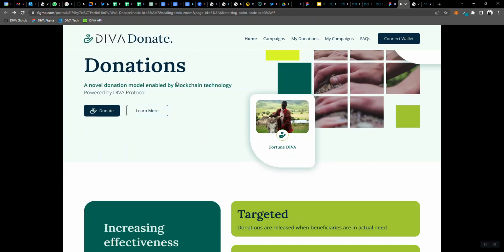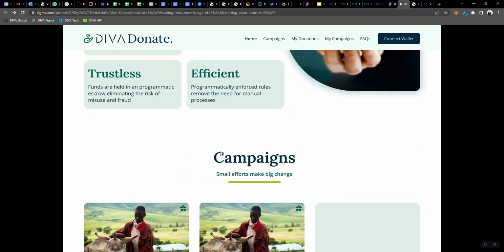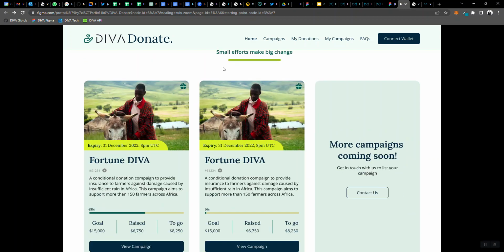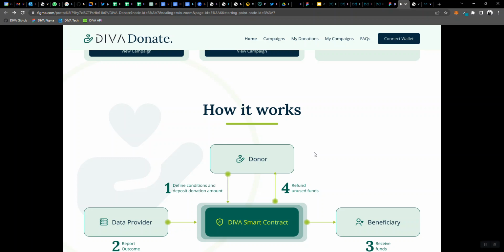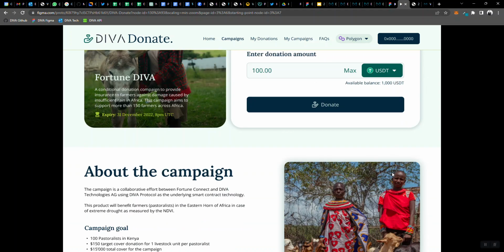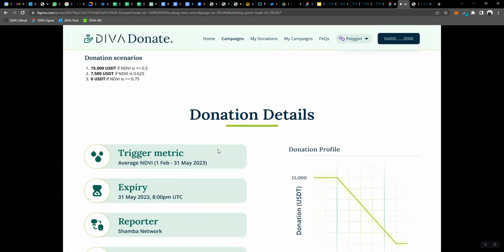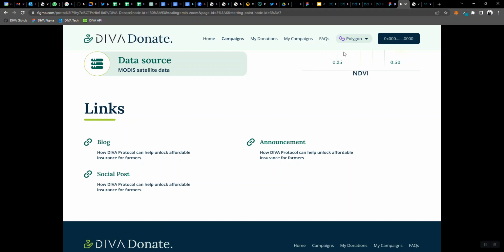So to give you some insights here, this is also just a design but already in implementation. And just to give you an idea how this will look, we prepared this design already for more campaigns that we're going to launch at some point. The user can donate here in cryptocurrency and read more about the campaign. And here you also see under which circumstances the donation will trigger, plus additional information that the campaign owner may want to share.